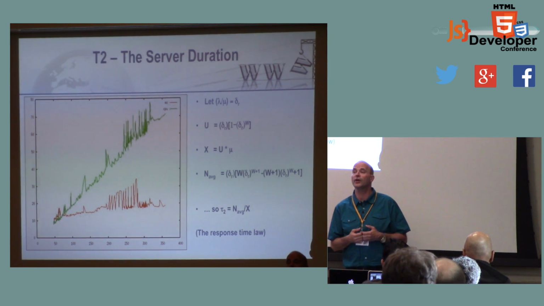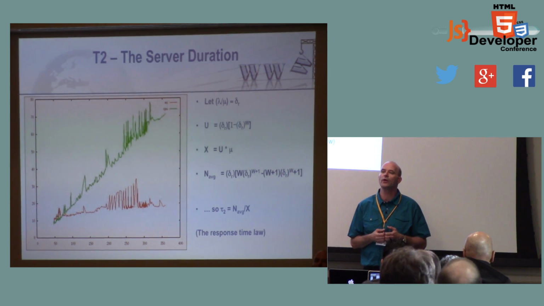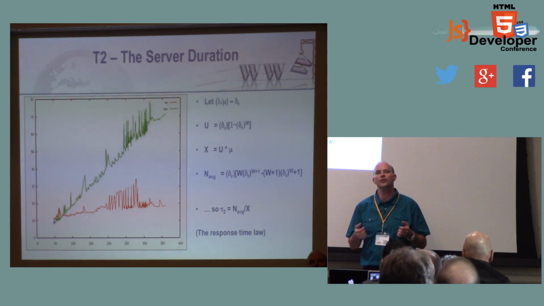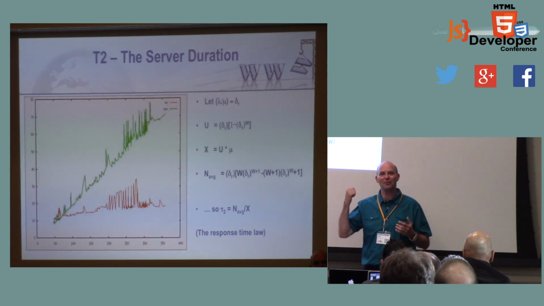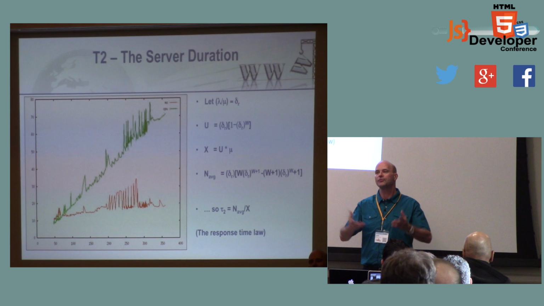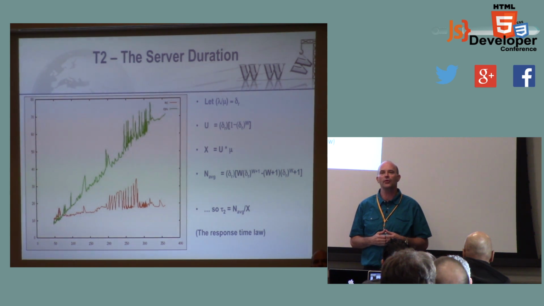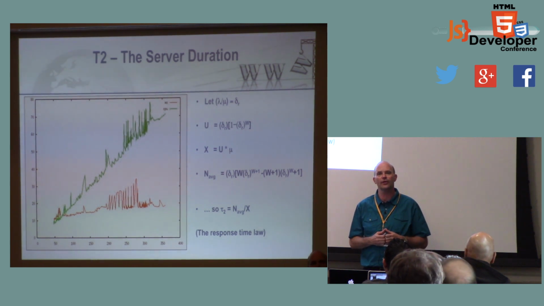T2 is the server duration. This is the part where most of the people want to focus most of their time on optimization, because most of the time they're developers. Right? And they write the code, it lives on the server. This is the part that they personally are responsible for. Now, as performance experts, we know not to get involved in keyhole optimization, right? So server duration is not the whole thing. We learned that earlier, right?